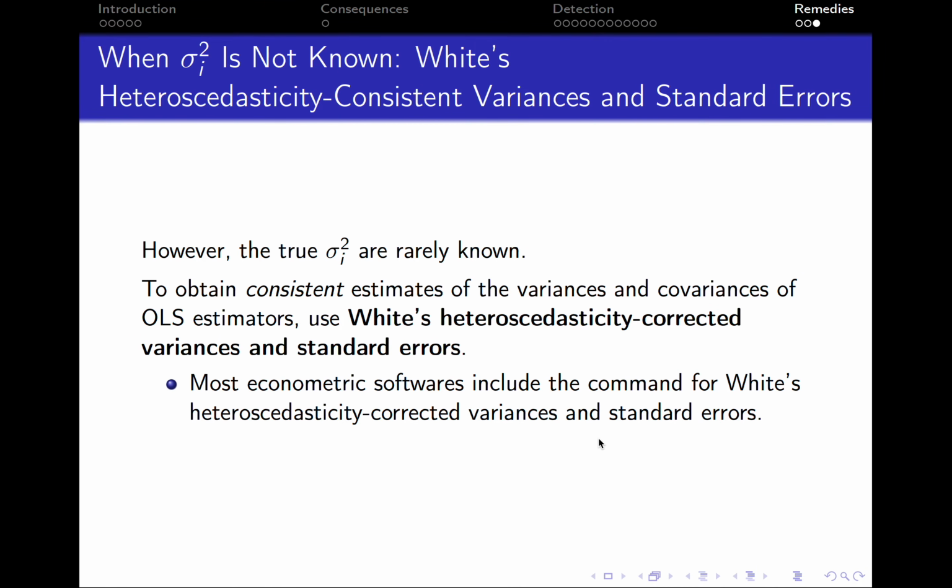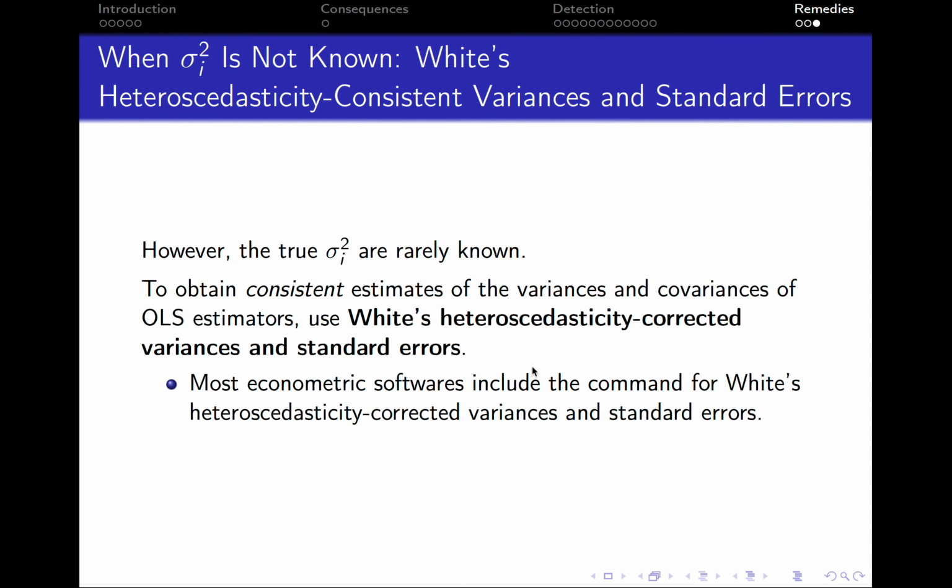However, I'm going to disappoint you now because unfortunately the true variance is almost never known. And because of this, we have to use another method. To obtain consistent estimates of the variances and covariances of OLS estimators, what we need to do is use the so-called white heteroscedasticity-corrected variances and standard errors. Most econometric software includes this command, so we don't need to worry about it, and it's actually just one